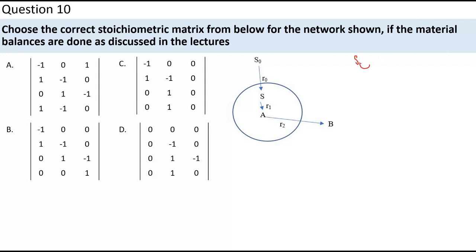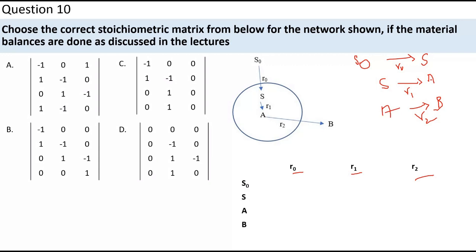So here S0 is giving rise to S at the rate of R0, and S is giving rise to A with the rate of R1, and A is giving rise to B with the rate of R2. Usually your stoichiometric matrix will have rows and columns, where the rows designate the metabolites and the columns designate the rate of the reactions. For example, R0, R1 and R2 as here, and the rows designate the metabolites that are present in the metabolic